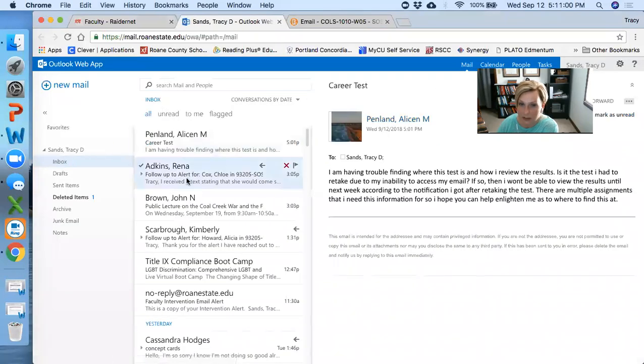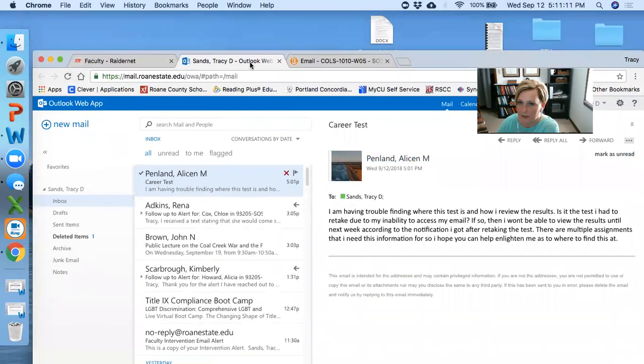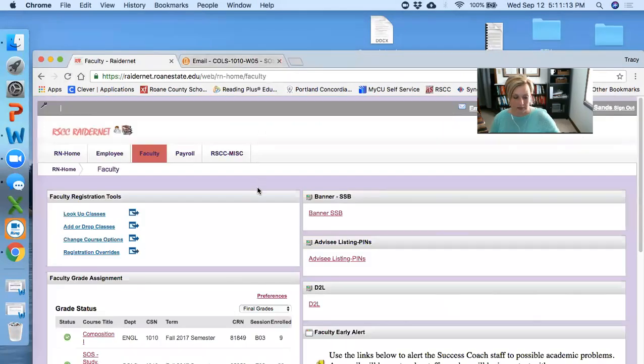And so you just click on RadarNet, and then I have a student here who's asking a question about the career test, so I will be able to reply to that. The reason why I'm saying this is because I get all of my notifications through my iPhone. When I check my email on my iPhone, I cannot link the Momentum eLearn email addresses to my iPhone. I can only link the Exchange email address through RadarNet. So I forward those emails so that I know that they're coming, but I cannot reply from RadarNet to eLearn.